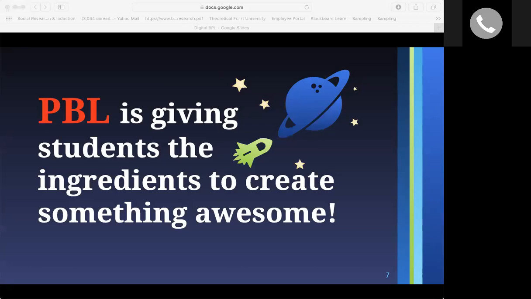It's like you're giving them ingredients and asking them to create something awesome, something new and challenging. Give them the tools and let them run with it. They're going to design, they're going to create and come up with something that's completely new. And that's actually the end goal of a PBL. When you start creating a PBL, you go straight to thinking, what is the end goal? You want them to create something new that was not there before or was not